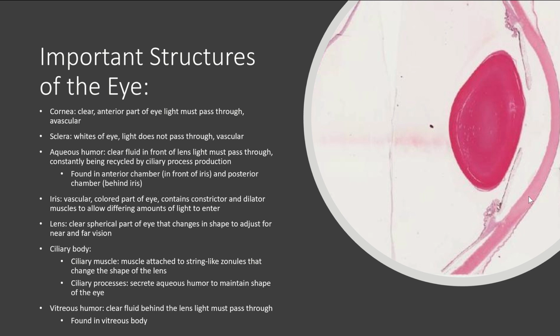And then another thing about it is that it's avascular. And that's what helps it be clear. Okay, so we have a very regular structure of connective tissue right here, and so if we put a bunch of blood vessels through here, your cornea would not be perfectly clear. Okay, so it doesn't have any blood vessels. It has to get its nutrients from the surrounding tissue and the fluid within here. Okay,